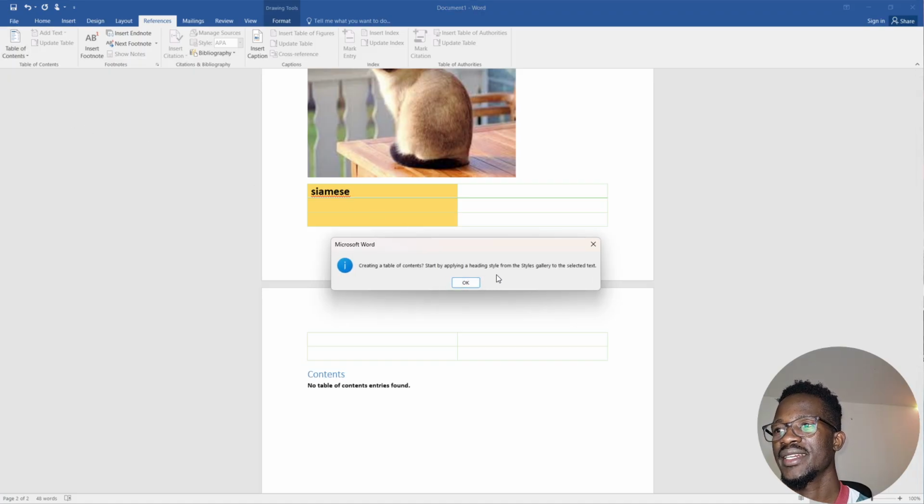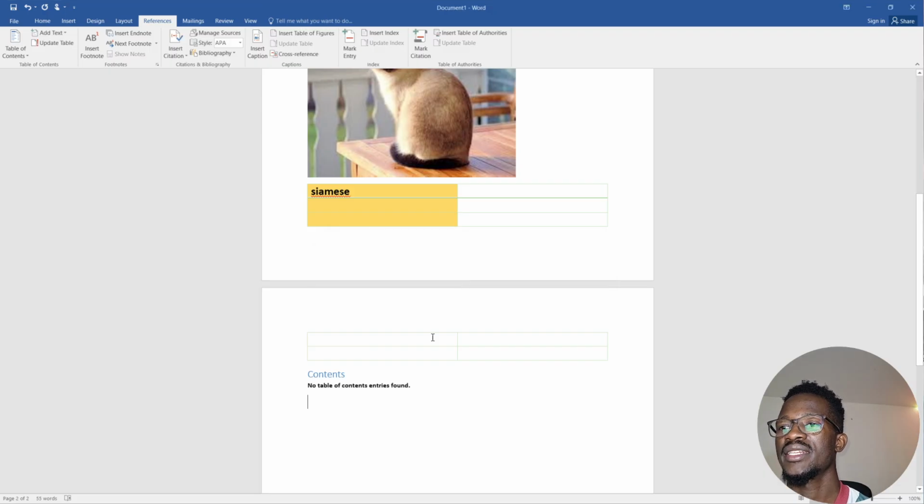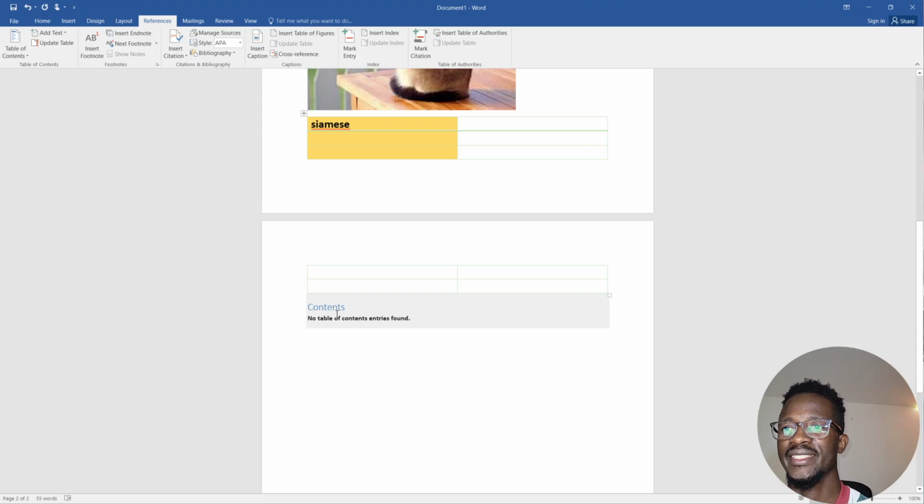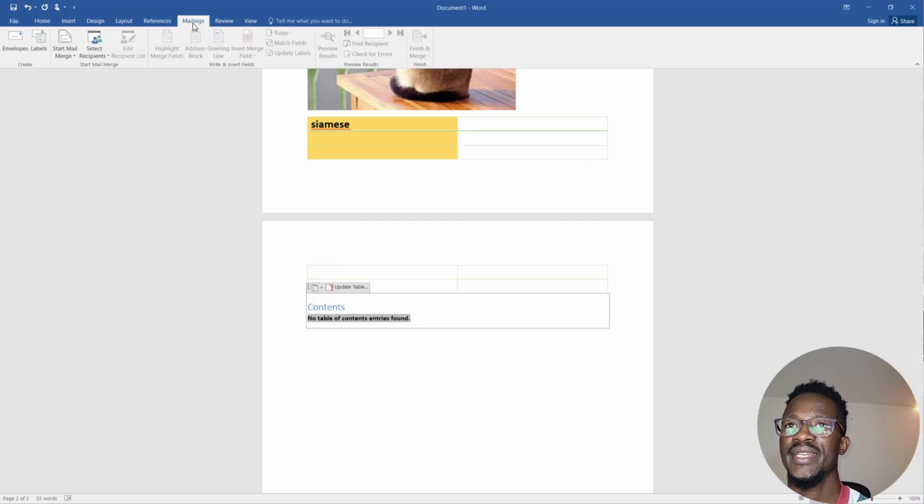Starts by applying a heading, style flow, the styles and stuff. So it can't create a table of content here, but for the context of this video, you create a table of content, and once you update features, you just click on the update and it updates the table of contents. The mailings, review,